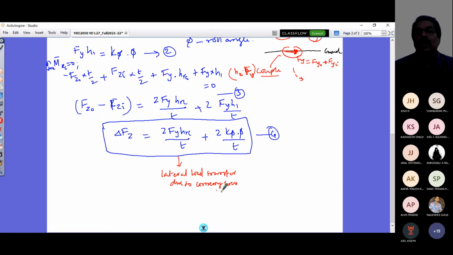Lateral load transfer due to cornering force in axle. In the axle. So the axle rolls, but it is an instantaneous effect. So this is not that important a factor. But you look at this one, this is referring to lateral load transfer due to vehicle roll. This is due to cornering force Fy. So this Fy is at the contact patch, and this is lateral load transfer